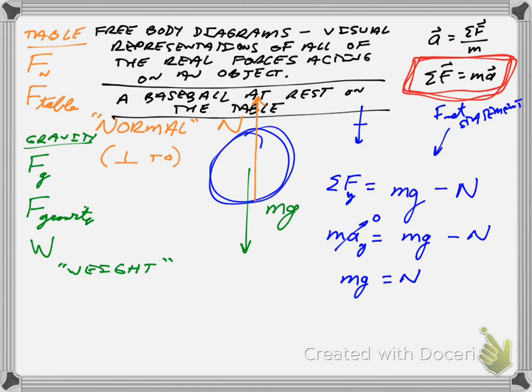And if the acceleration is 0, then the sum of all forces equals 0. The left side becomes 0, and I can prove then that the normal force, in this case, is equal to the gravitational force. Now, that doesn't have to be. It's not always the case. But for this situation with the ball at rest, I've demonstrated that those two forces are equal,